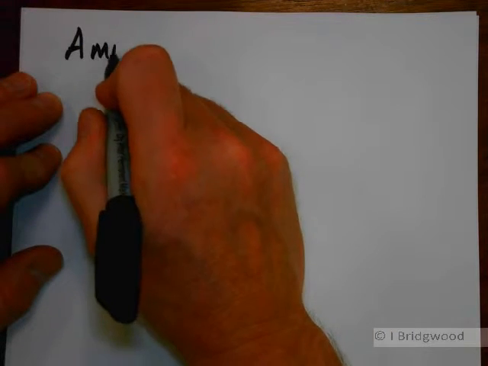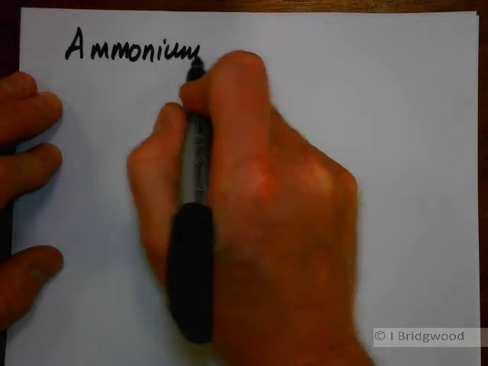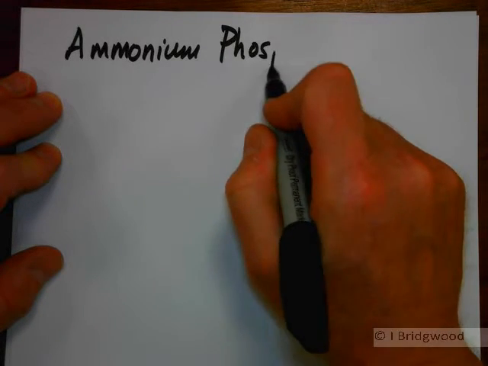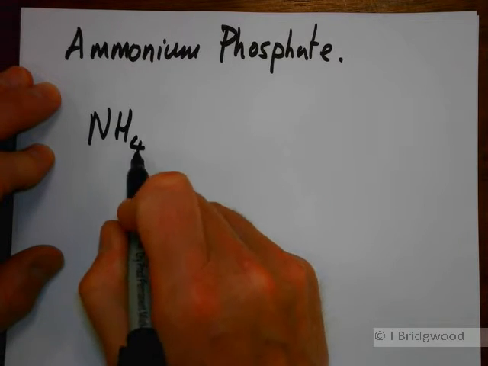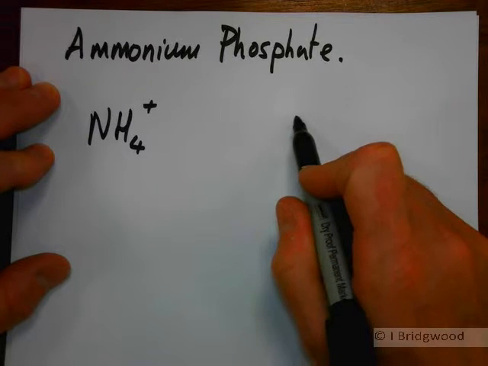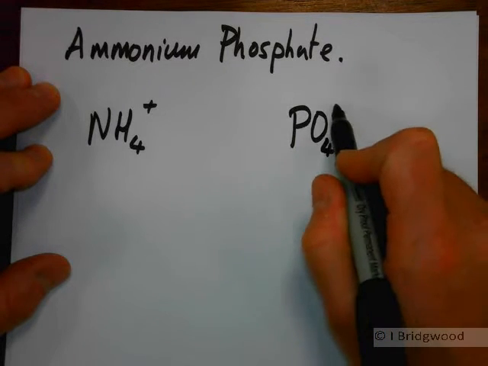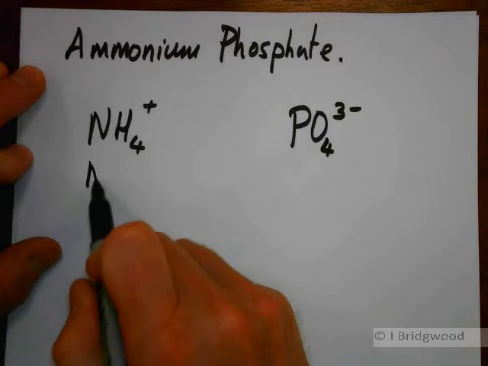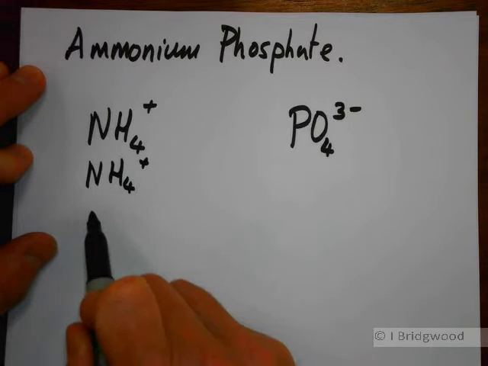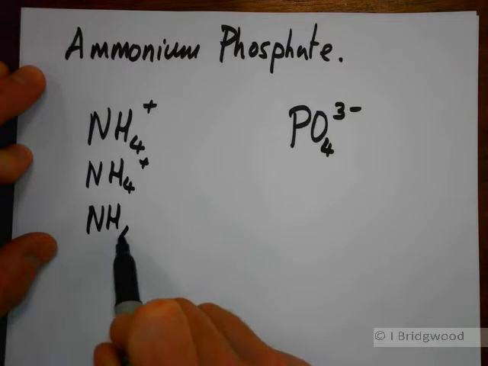Let's try another one. Just another piece of paper, I think. That's better. So, what about ammonium phosphate? A little bit easier in some ways. The ammonium ion, again, something just to learn, NH4+, phosphate, PO4 3-. Now we can see that we're going to need 3 ammonium ions to balance out the 3- charge